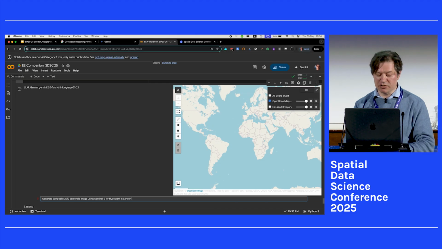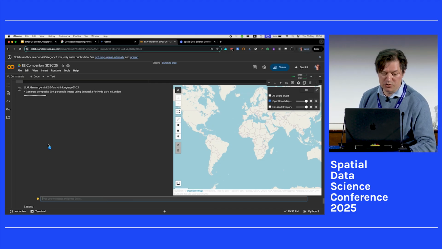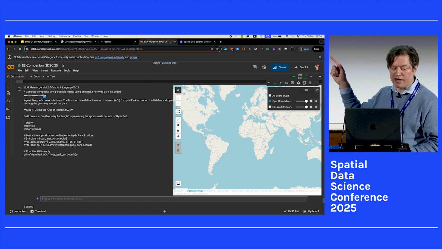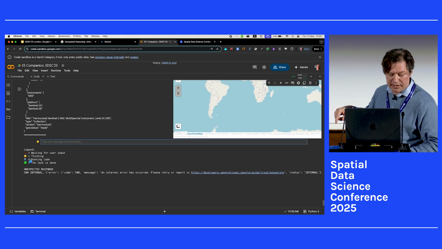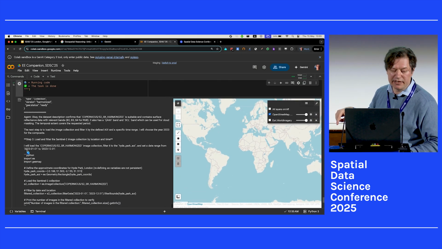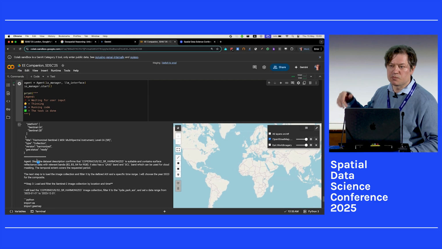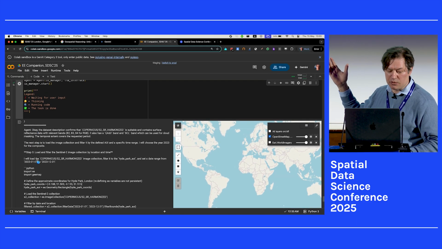Honestly, I did not expect that it would be able to reason and do something with this type of question. And I hope it won't fail. What you see happening here is the icon going on, which means that it's running code, thinking, and the code might be failing, but it actually generates just Python API code based on this question.